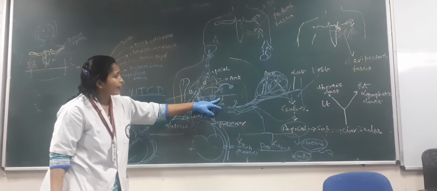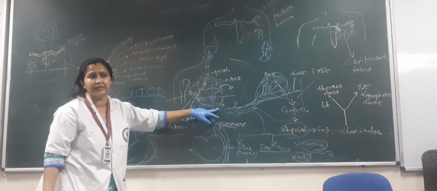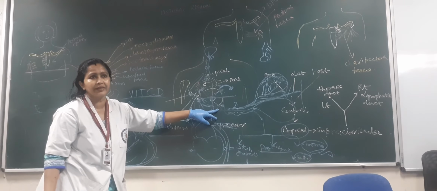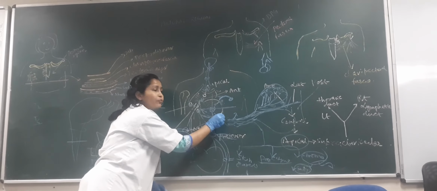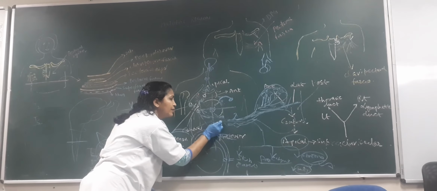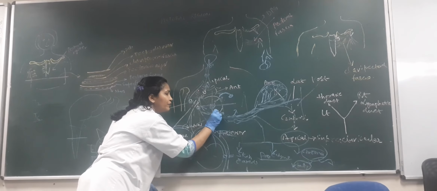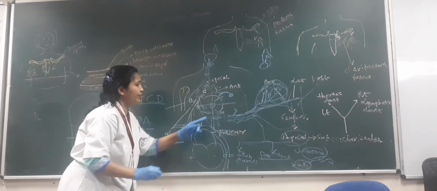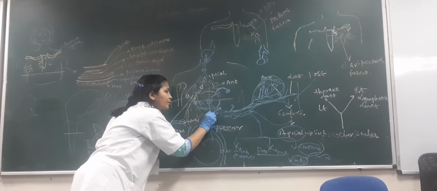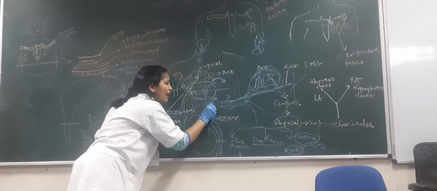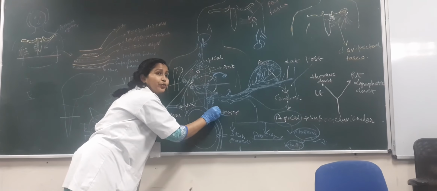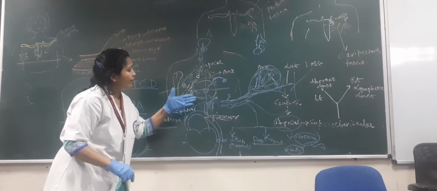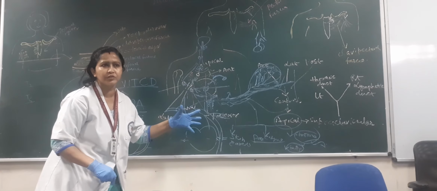Now the lower and inner quadrant, it is coming to the mediastinal lymph node. From the mediastinal lymph node, here is the caval opening, inferior vena cava is going from here. So it is now coming to the caval lymph node, to the subperitoneal lymph node and abdominal intra-abdominal lymph nodes.